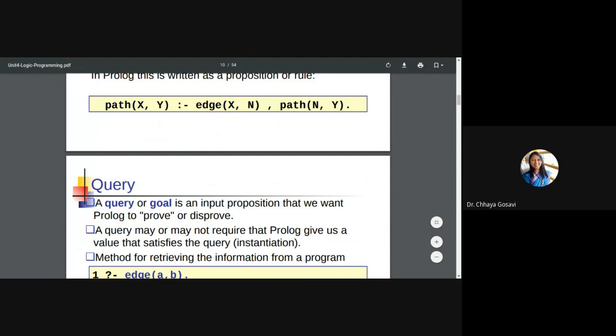Ma'am, Yes. we are not able to see your online editor screen. Okay. Okay. What? N comma y.